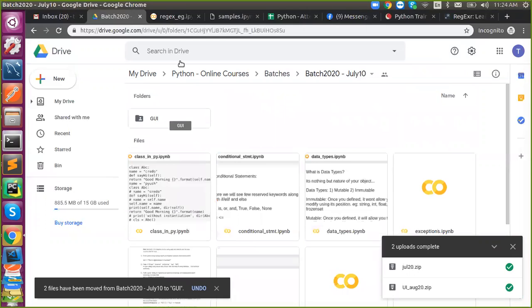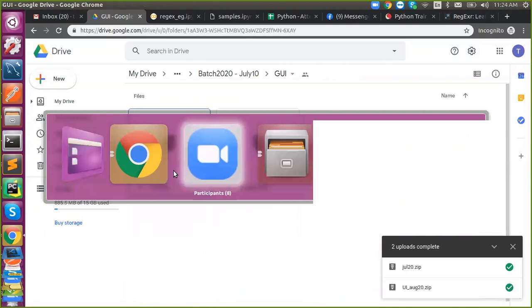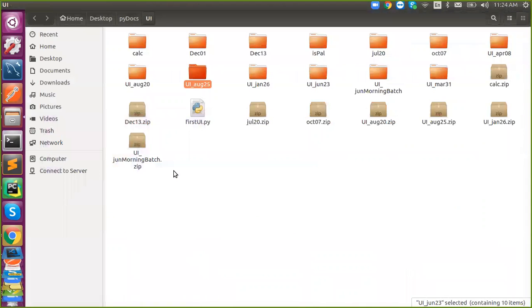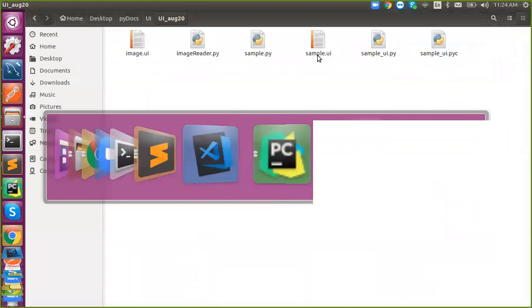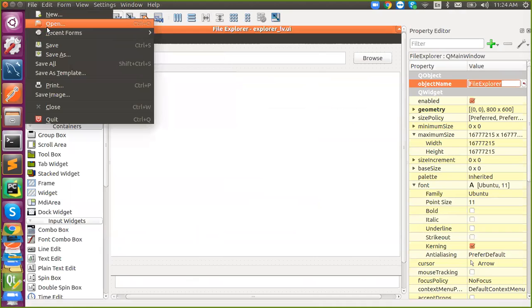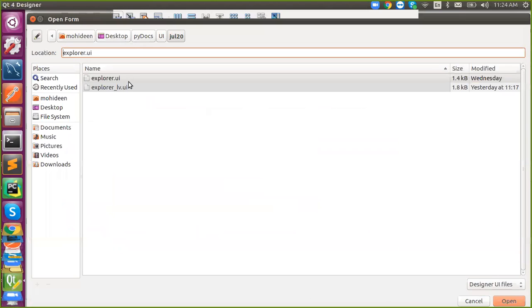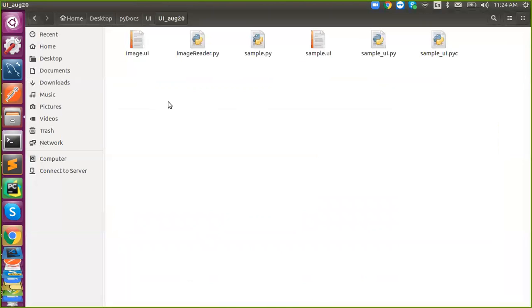It contains the complete setup, and it contains a UI file also. If you want to modify any UI, just open it through the Qt editor. Say file, open, and select the UI file. You can even edit and customize it, save it in the same location, and do the changes in your own file.